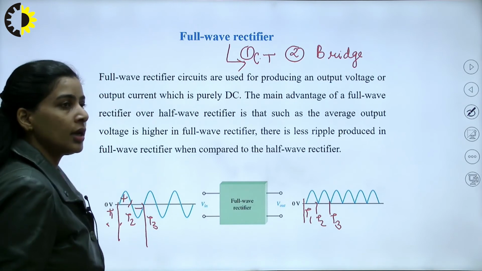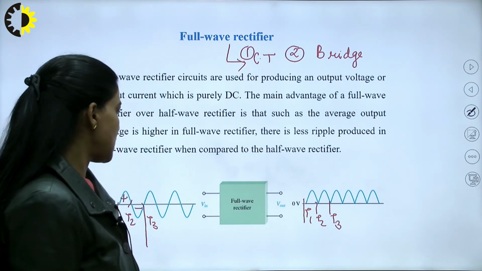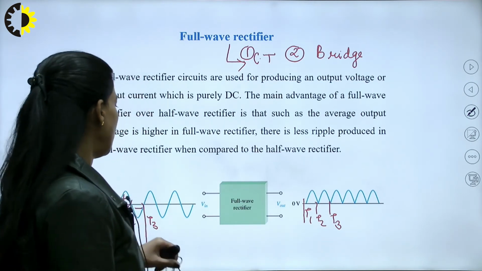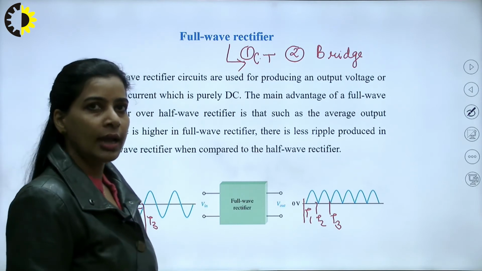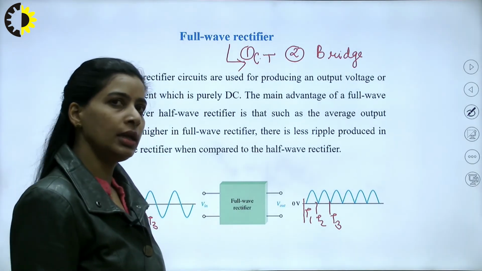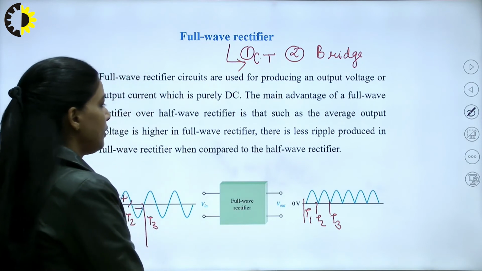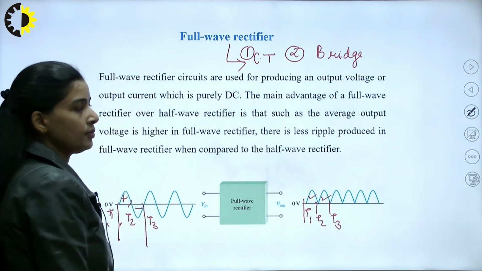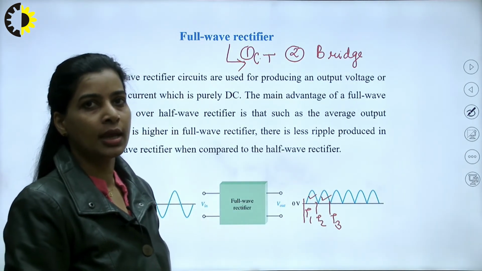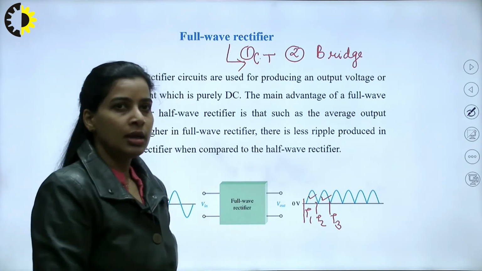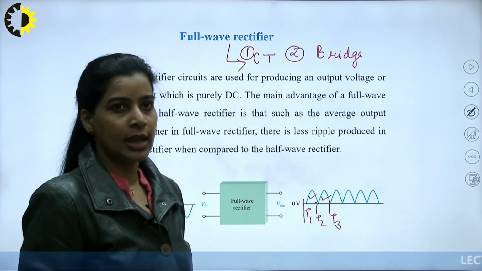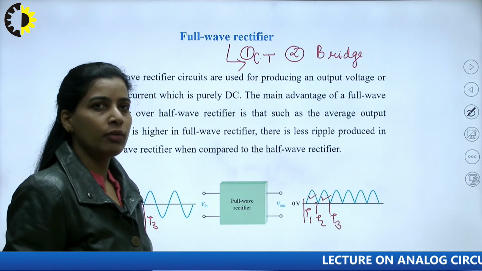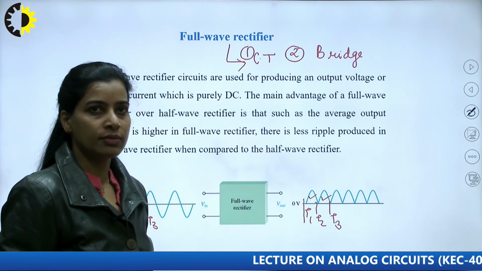This was not so in the previous rectifier, that is the half wave rectifier. In the half wave rectifier we were getting output for only one half of the cycle, either the positive half cycle or the negative half cycle. But in the full wave rectifier we get the output for both the cycles. So, the advantage of the full wave rectifier is that we get fewer ripples in the full wave center tap rectifier as well as in the bridge rectifier. One by one I will be discussing both the full wave rectifier circuits.